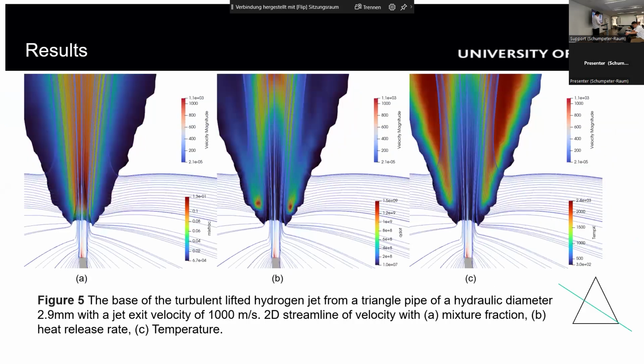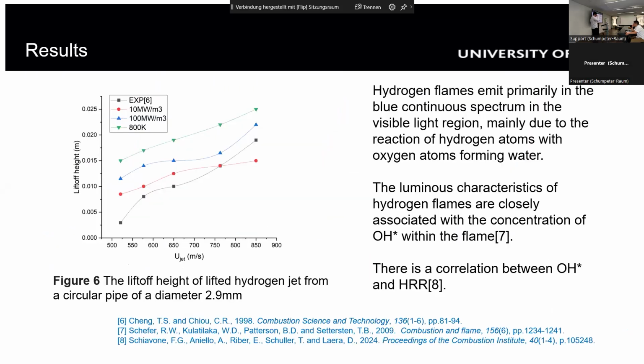And also here are simulation results for the triangle pipe. For the triangle pipe, you can see the heat release is much closer to the pipe itself. The position at the corner is much closer to the pipe, and the velocity at the corner is much higher because of the streamline. You can see, and here are the results for